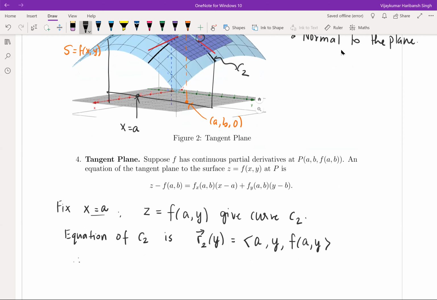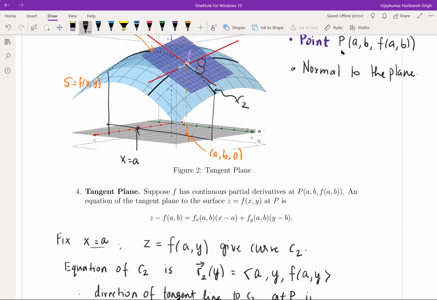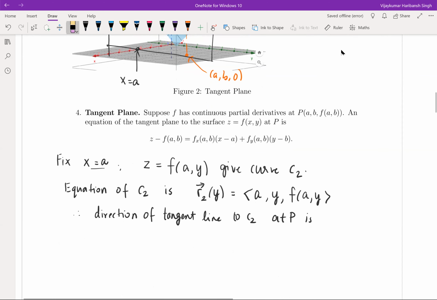So therefore, direction of tangent line to C2 at P is, so we want to find out the direction of this line. The idea is we'll find the direction of this guy, we'll find the direction of this guy, we'll take a cross product. So we want to find out direction of these T1 and T2. So direction of tangent line to curve at P is